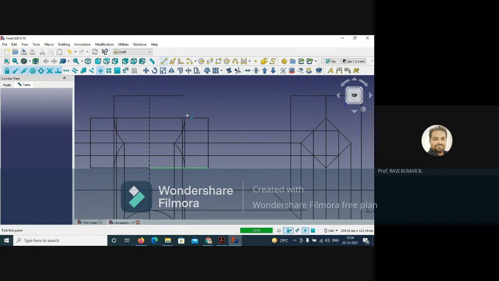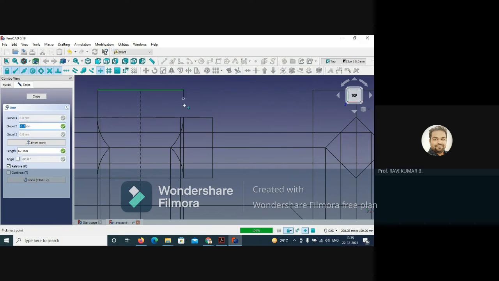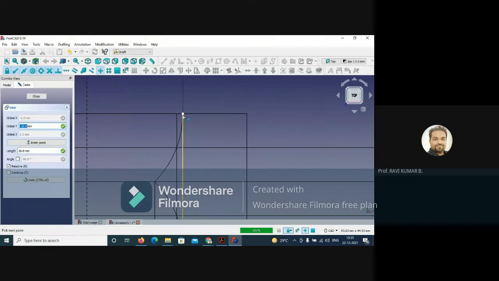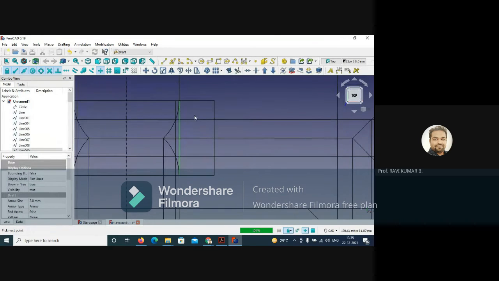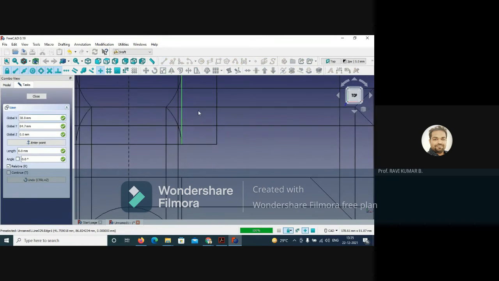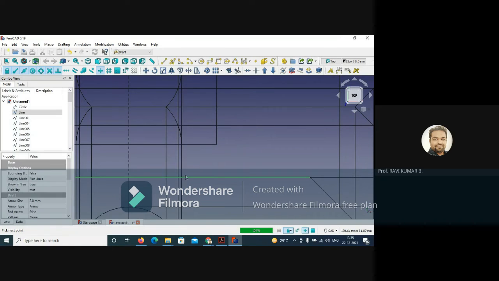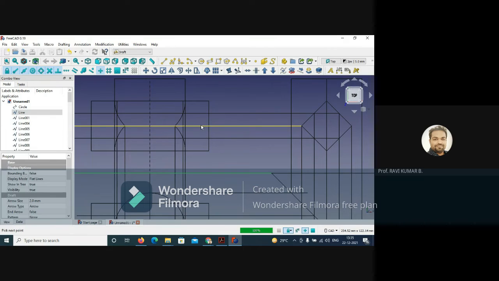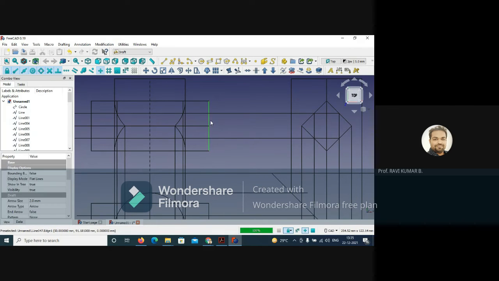Now take the line command and from this corner connect up to here, and take another line command from this corner and connect over here. Now for this also you do the same treatment, right? So select this and use the extend command only up to here.